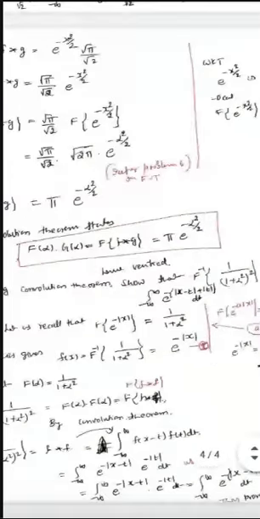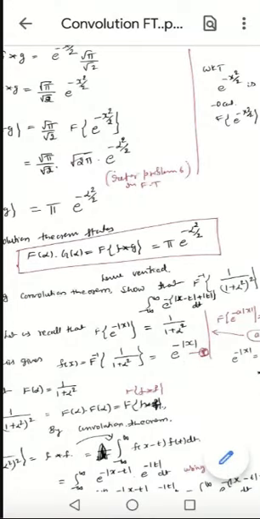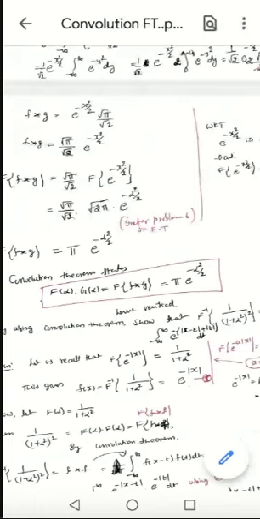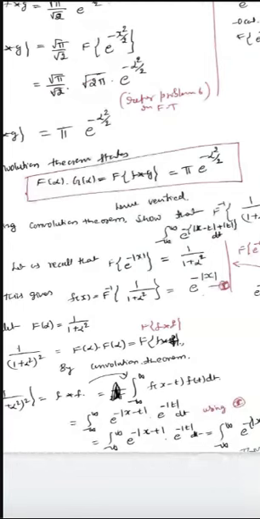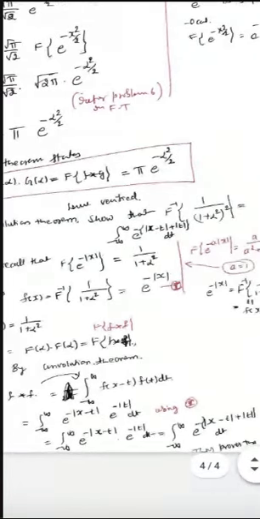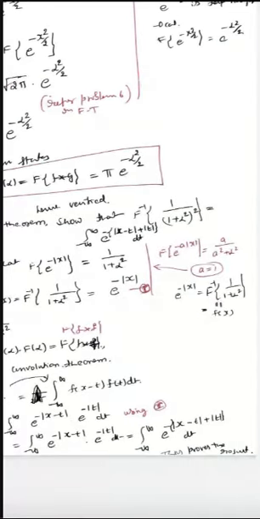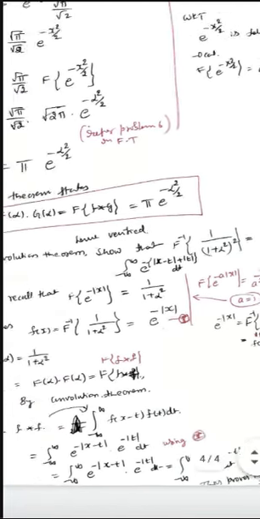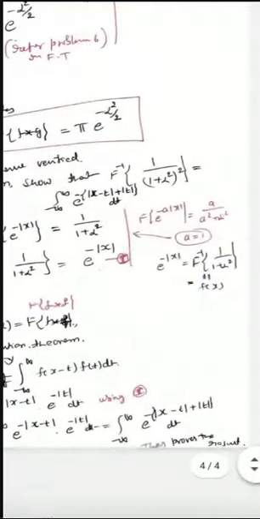Here he has given e power minus mod of x minus t times e power minus mod of t. So by the convolution, you can come to know that f of x minus t is e power minus mod of x minus t, and f of t is e power minus mod of t. See that, from that only I have written here. So f of x is e power minus mod of x, f of t is e power minus mod of t, f of x minus t is e power minus mod of x minus t. Bases are the same, so powers will be added. Hence we proved that. We applied and we proved. He is asking to show that, yes, we proved that. See that?